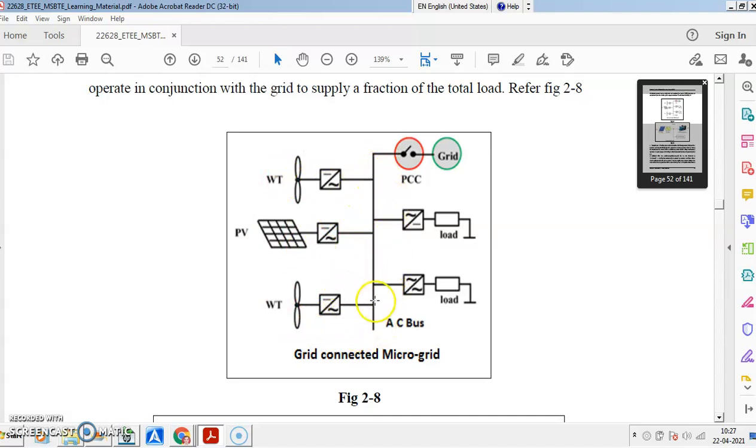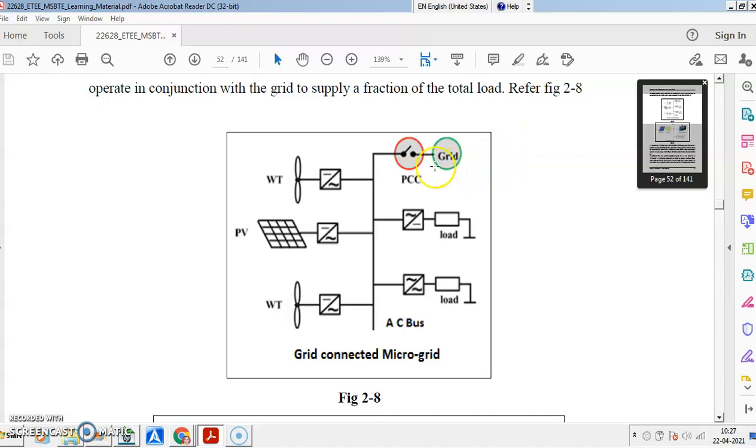So microgrid is synchronized. So the micro power generation, wind, solar and combined heat power plant, is connected to the main grid through synchronization and fed to the grid, and that power may be taken by the load from the same AC bus. Okay, now if an excess amount of power is available over here, then that is fed to the grid and may be utilized